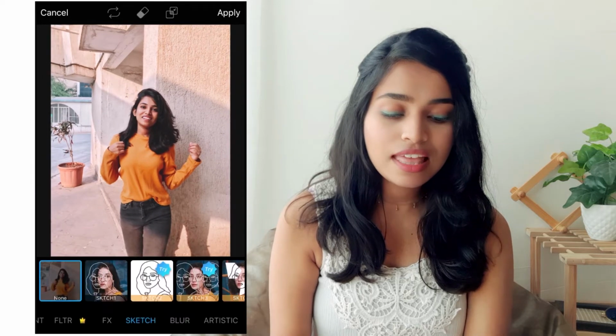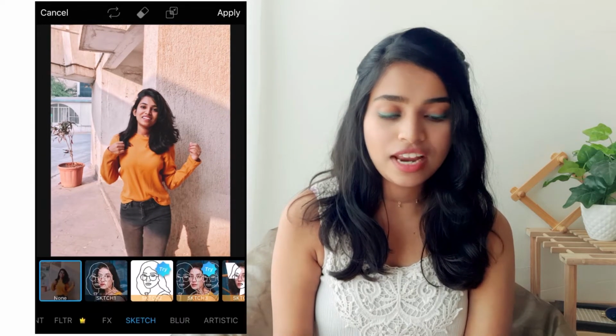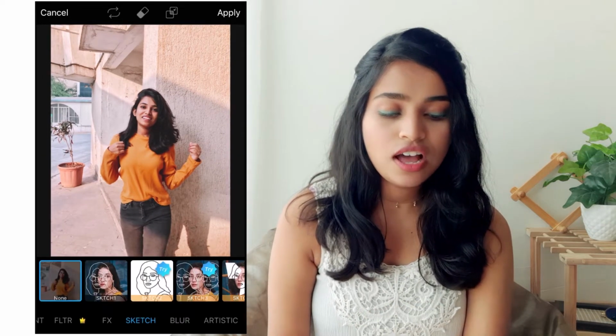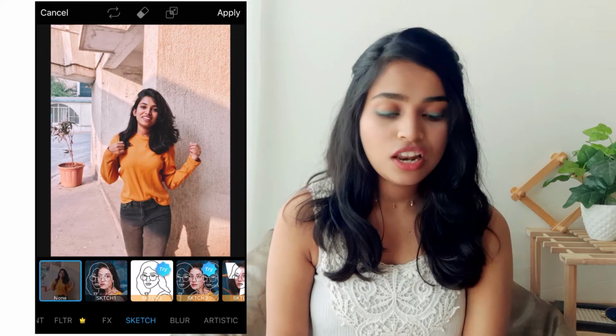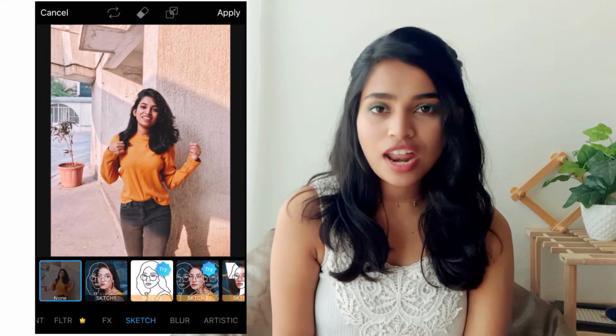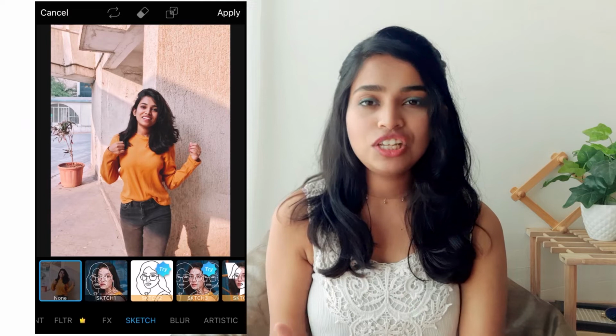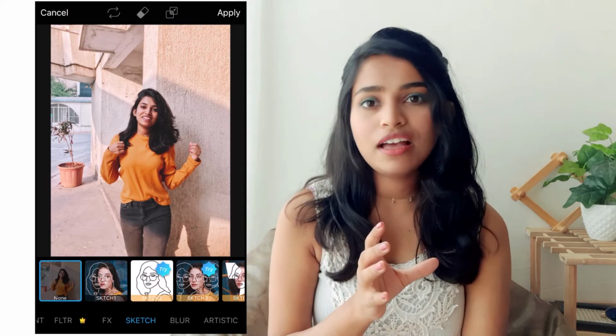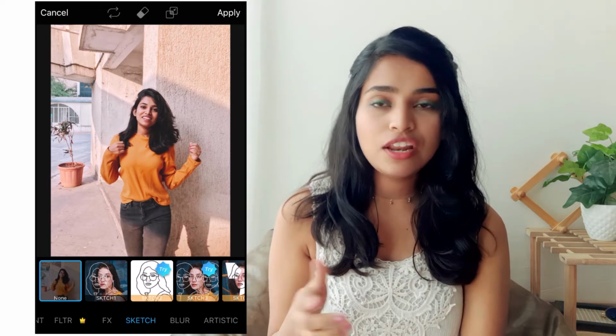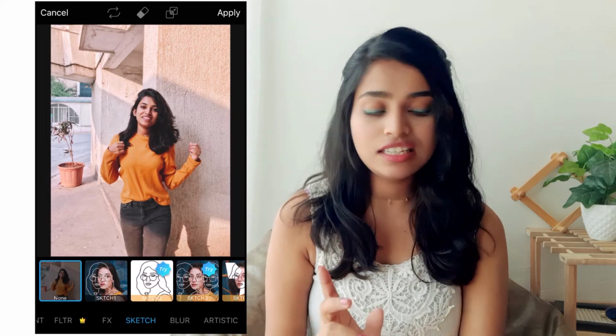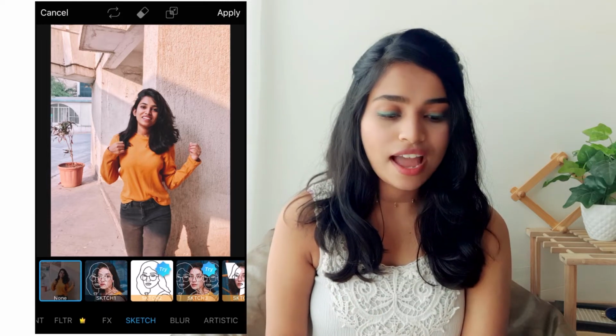So first open up PicsArt and then upload your image onto it. So moving forward, I have my photo imported onto PicsArt. Then we're going to go to effects, and there's the sketch effect, and there you can see there are a lot of these line effects. Now as you see, some of them have a try-on label. For that you have to specially buy a special pack for PicsArt, and if you want to use a free one, that is the first one. Just click on that.